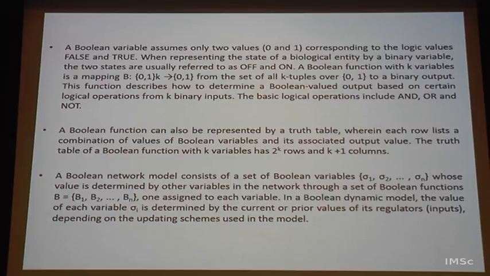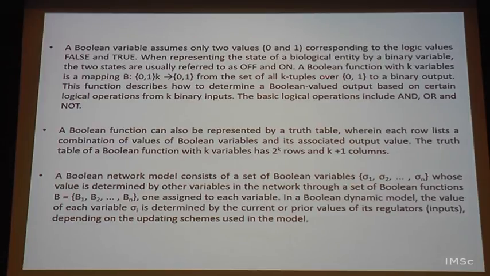So, a Boolean variable assumes two values, 0 and 1, corresponding to the logical values. Of course, recently there have been many advances to this methodology, and you do have what are called quantitative Boolean models or probabilistic Boolean models, where the value is not 0 or 1, but it can be anything in between, which means you can model a variety of in-between situations also. But then you will have to define a threshold, whether 0.5 is your threshold or 0.8 is your threshold for the next rule to be fired.